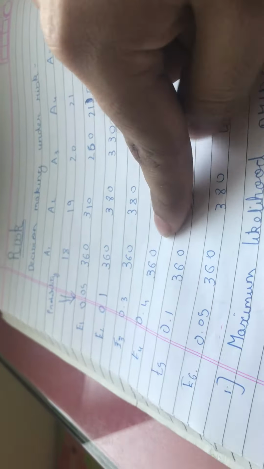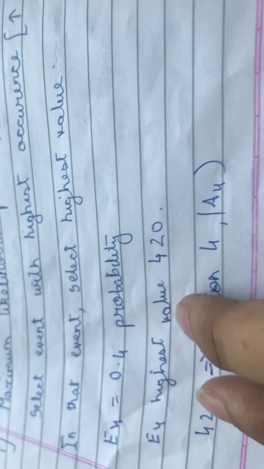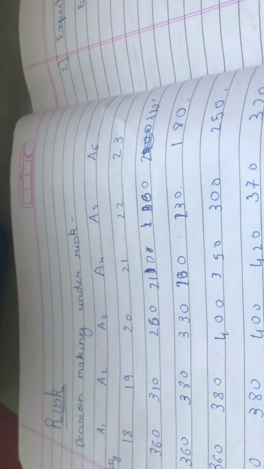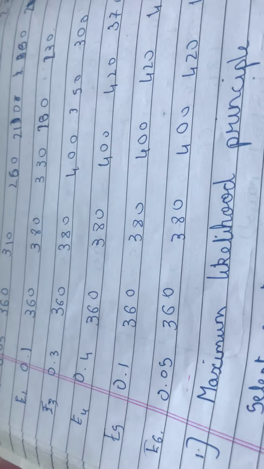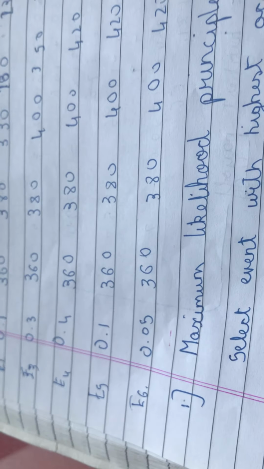The thing which is most likely to happen is this E4, that is getting a demand of 18, 19, 20, 21 books. So you will simply say as E4 is equal to 0.4 probability, which is the highest. E4, you take the highest value, which is 420, and 420 is what? Getting 21 books. So you will say that you should take action 4, which is keeping 21 books. Very simple. I'm a simple man. I need numbers, and my numbers will support my conclusions. So my numbers say that 0.4, which is the highest, says that okay, 21 books is the highest possibility.